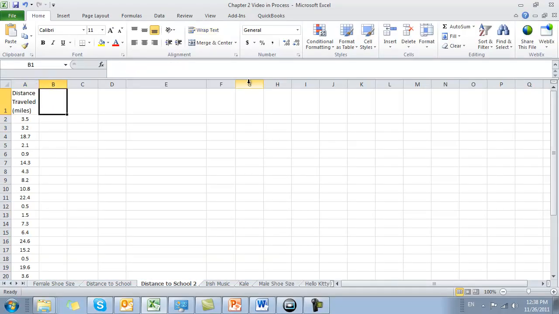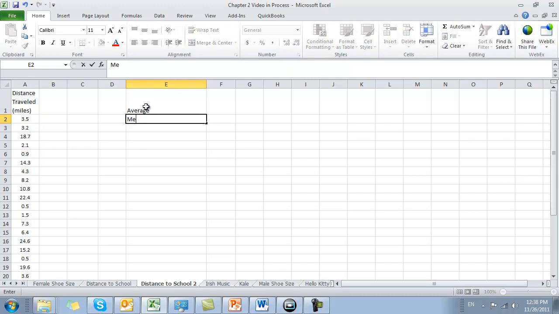Here in our distance to school data set, we have our distance traveled. This is the exact same data that you saw here. It's just put in a different format, some long column. I can find things like the average,